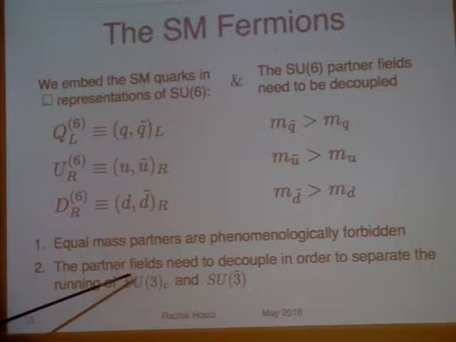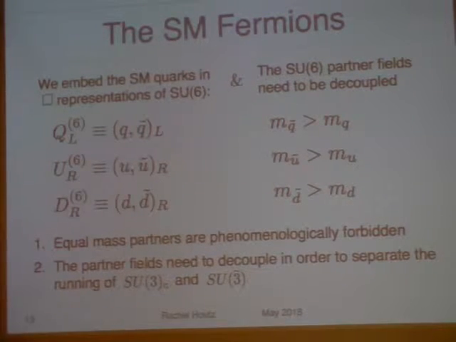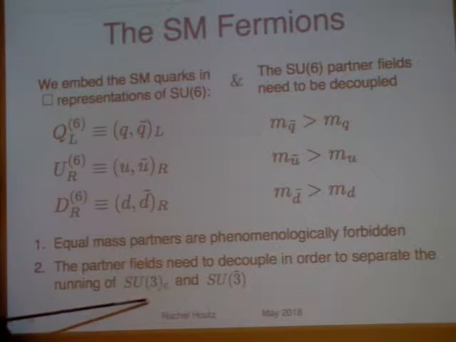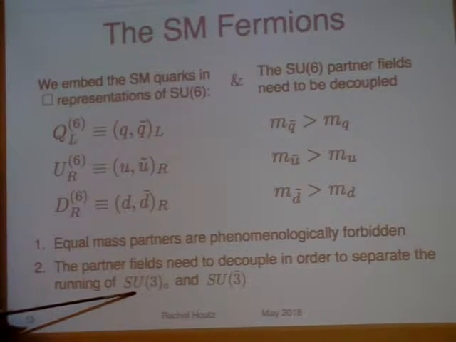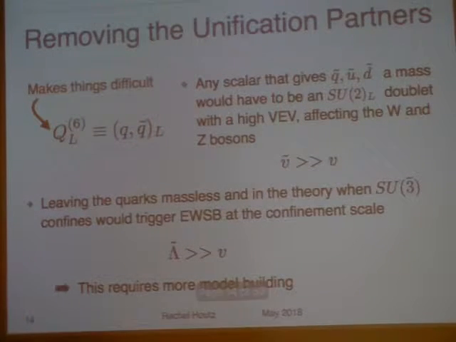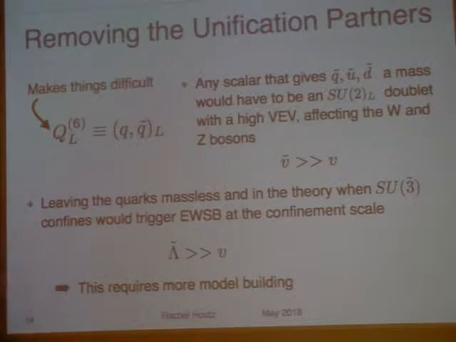And then we have the same problem Hook had, right? Like at some high scale, our two color groups are unified, so they have the same gauge coupling. So we want one to have a higher confinement scale than the other. It better have less matter content charged under it. So we really need to remove these guys at some high scale so that this guy can confine before this guy. And this is actually not so easy to do. So actually, I should have said earlier, I think I had the citation on this slide, but we're not the first people to do unification with strong CP problem. Gherghetta did it with just a single axion and unification.